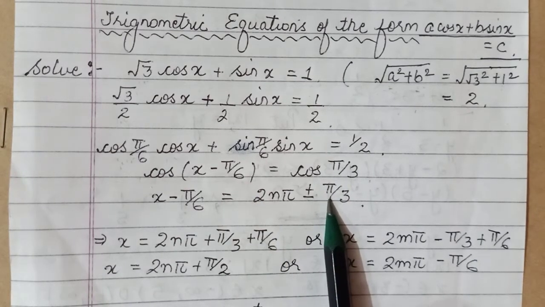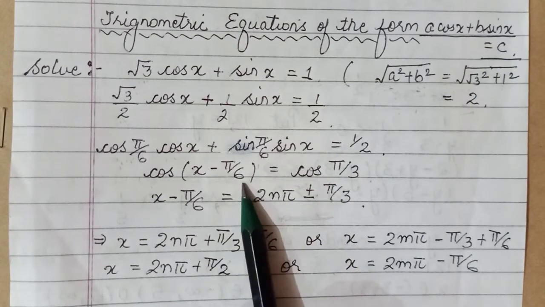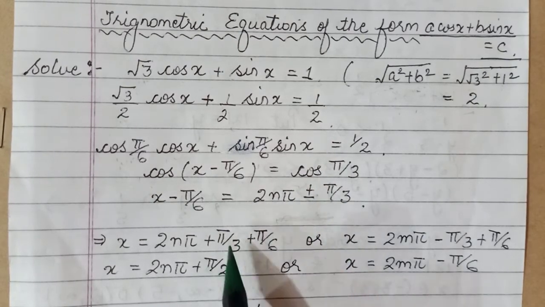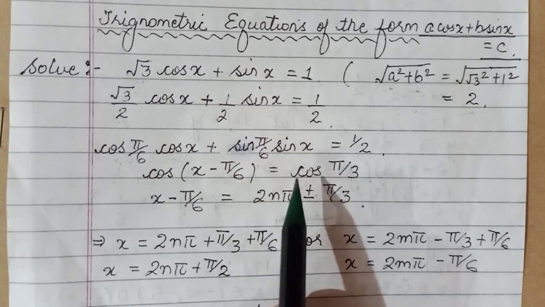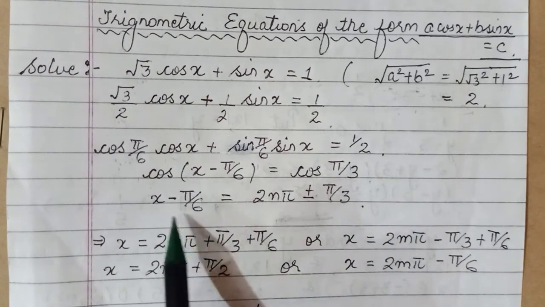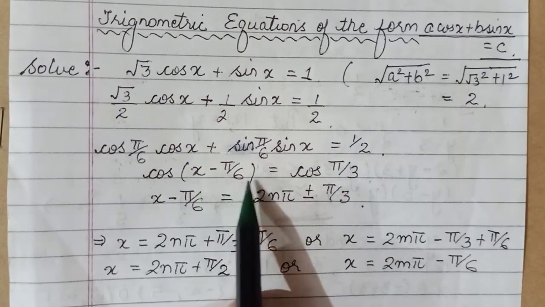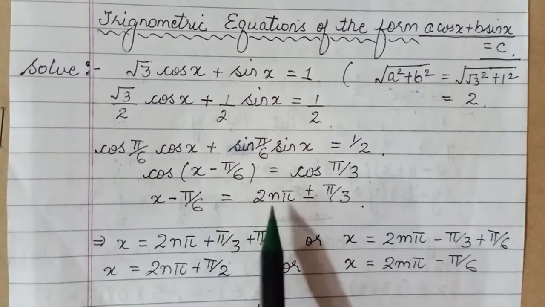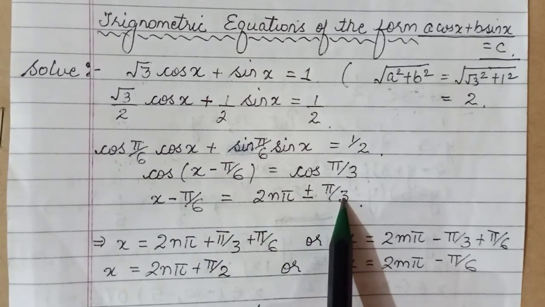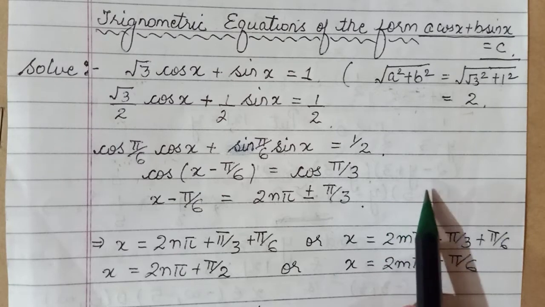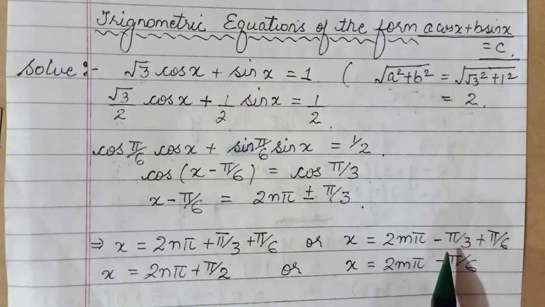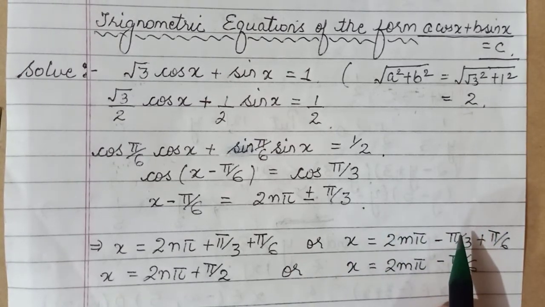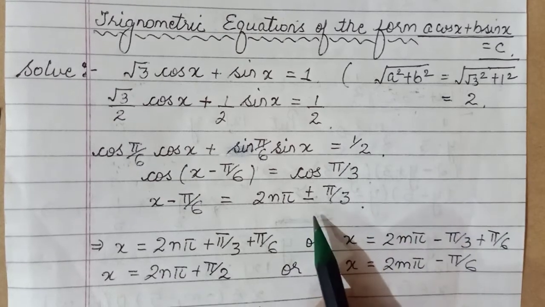That's not an issue, but yes, for calculation convenience, अगर आप cos में convert करो तो ज़्यादा easy होता है, because we know that if cos theta is equal to cos alpha, then the result is that theta, which this time is x minus pi by 6, is equal to 2n pi plus minus alpha. And sin में आपका आता है -1 to the power of n, तो थोड़ा ज़्यादा working हो जाता है, even and odd number. So usually people prefer the cos formula.